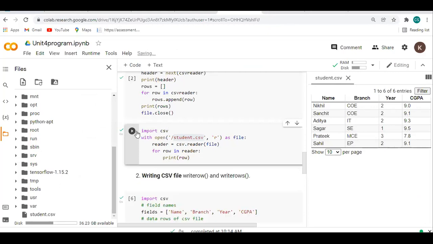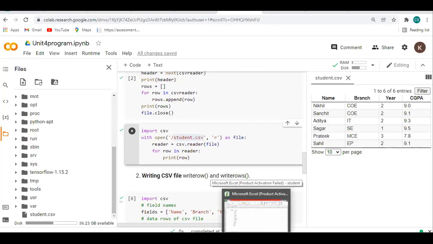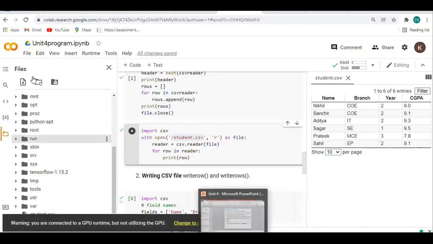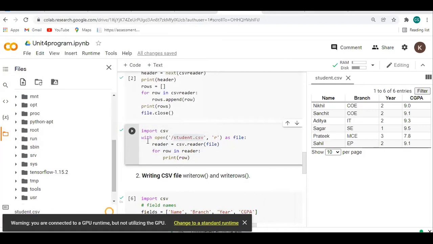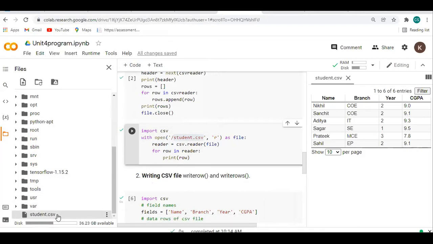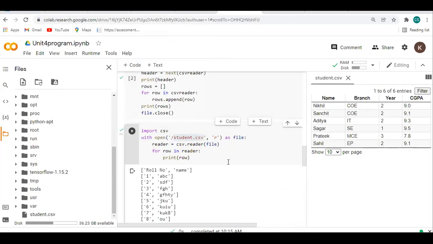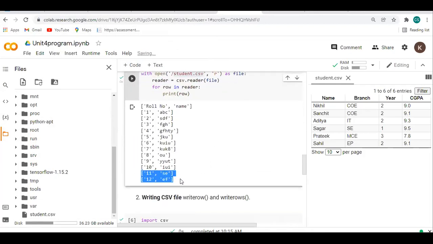If I execute like that, it will not give our correct output. Why? Because we are creating our CSV file on a different platform, in offline mode, and we are executing the program in online mode. So we need to upload that CSV file once again, and after uploading it, I will execute. You have to see here. Okay, yes, ma'am, got it.